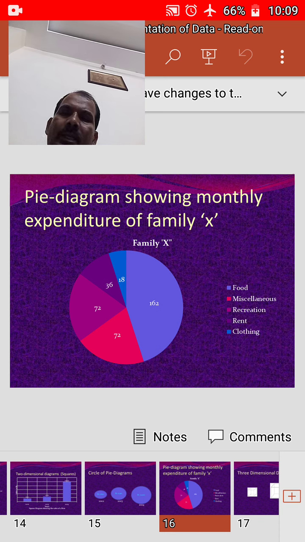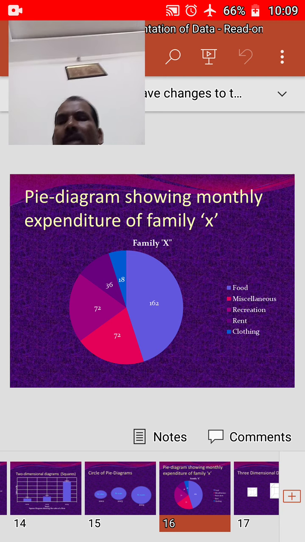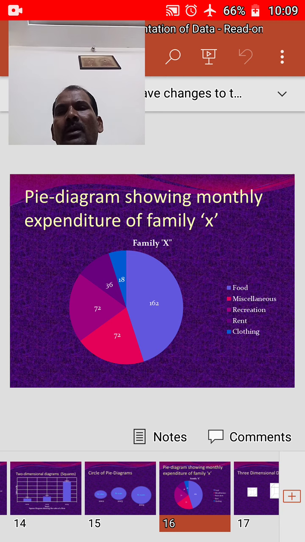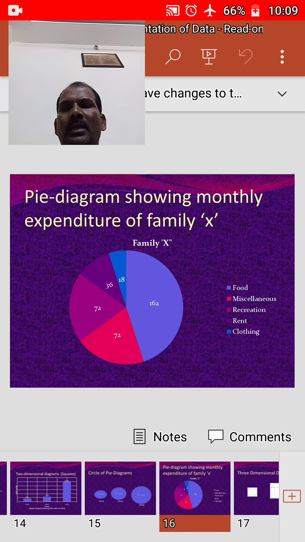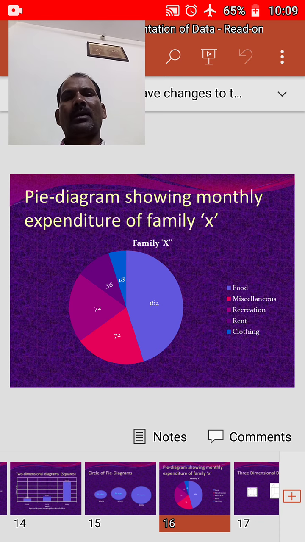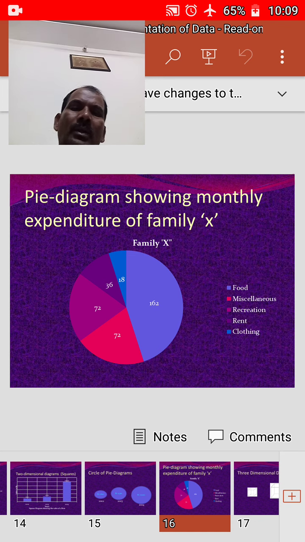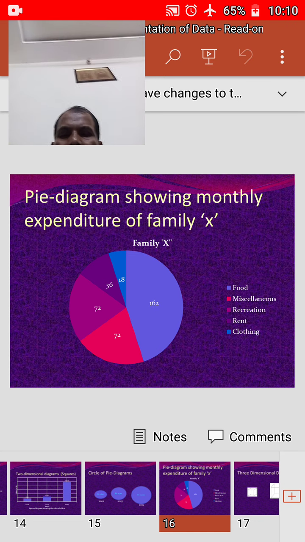If we apply the pie chart formula and draw it based on the 360 degrees, taking a protractor, we'll see a pie diagram like the one shown in the PPT. Right, next,